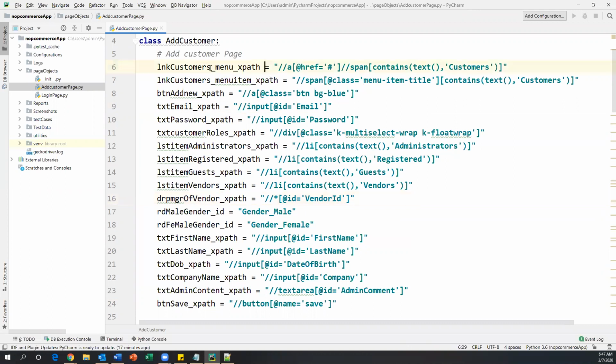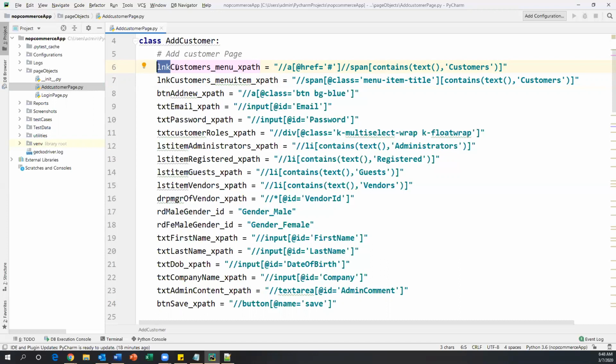By reading the variable itself, you should know for which element you created the locator. Here, LNK is a prefix representing a link, TXT represents an input box or text box, LST represents a list item, DRP represents a drop down, RD represents a radio button, and BTN represents a button. When I create a variable and use this prefix, we know exactly what kind of element it is.